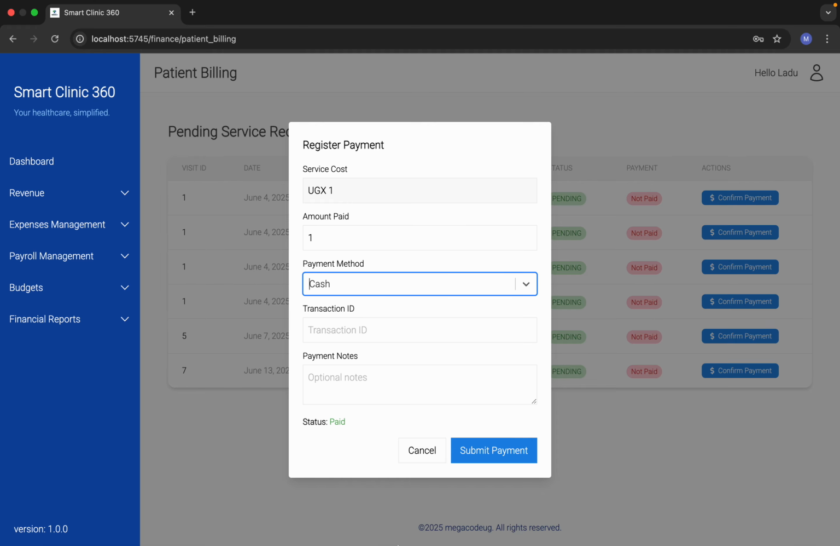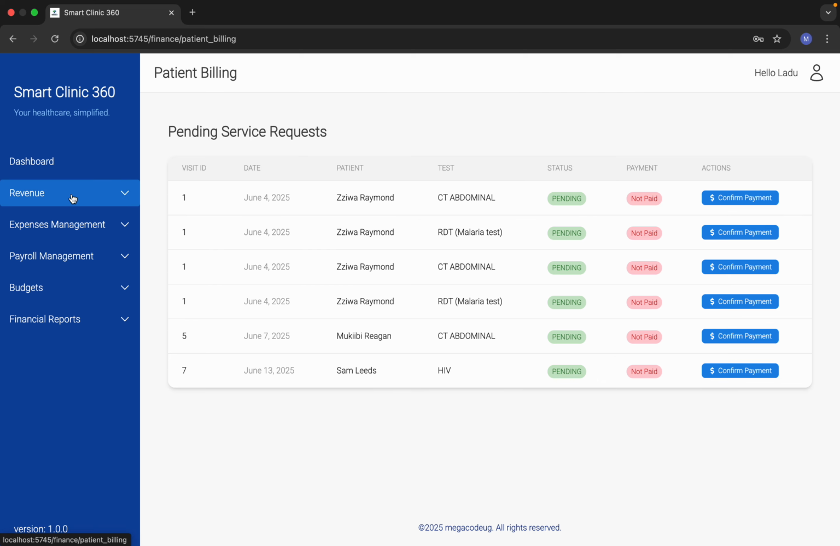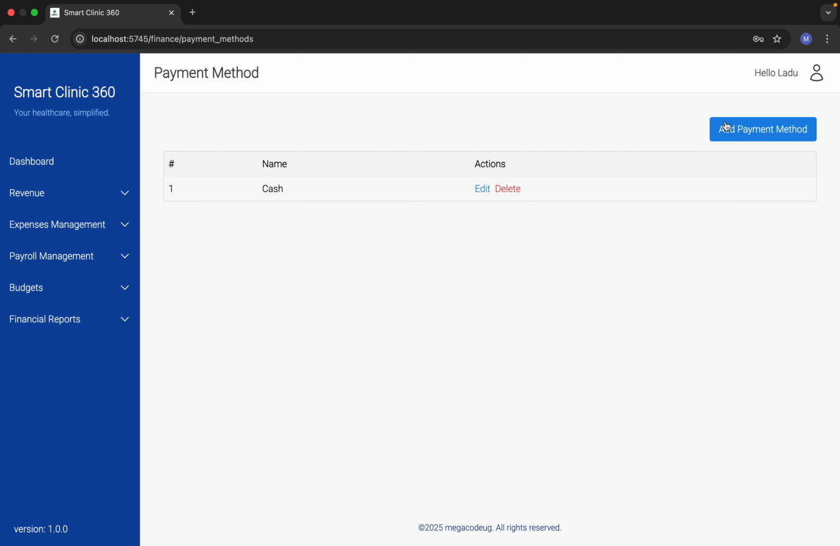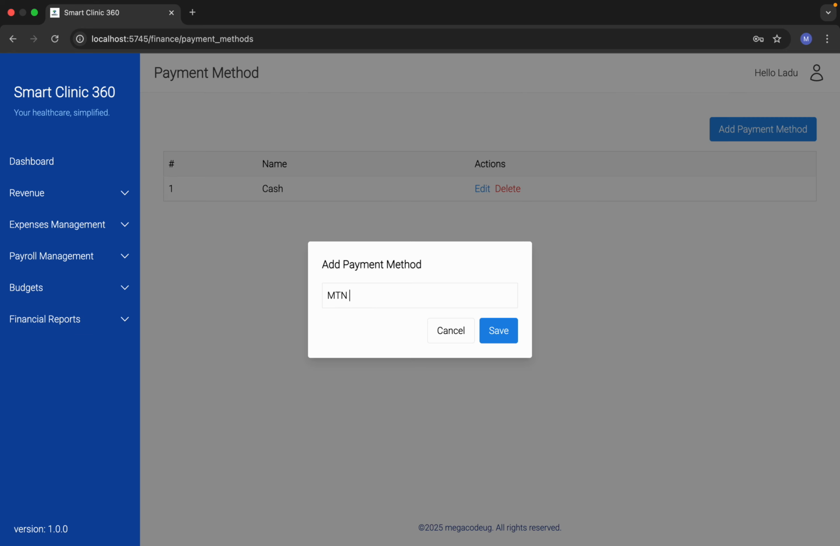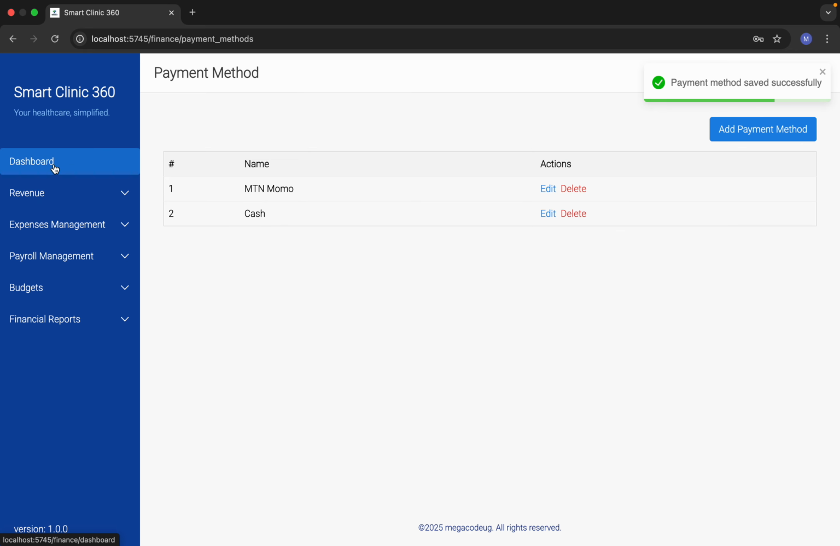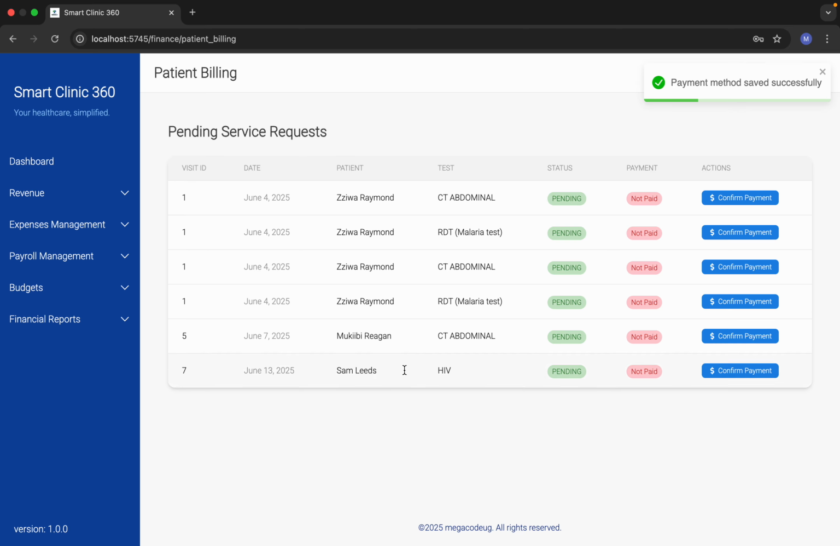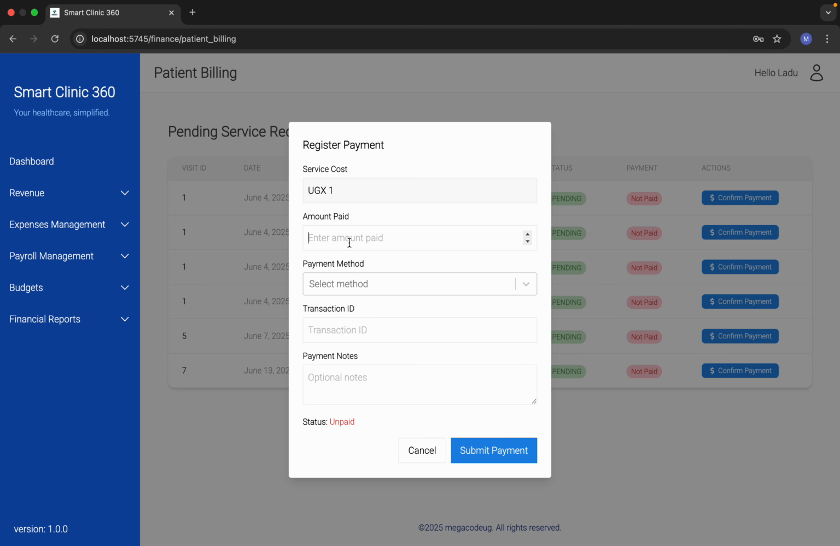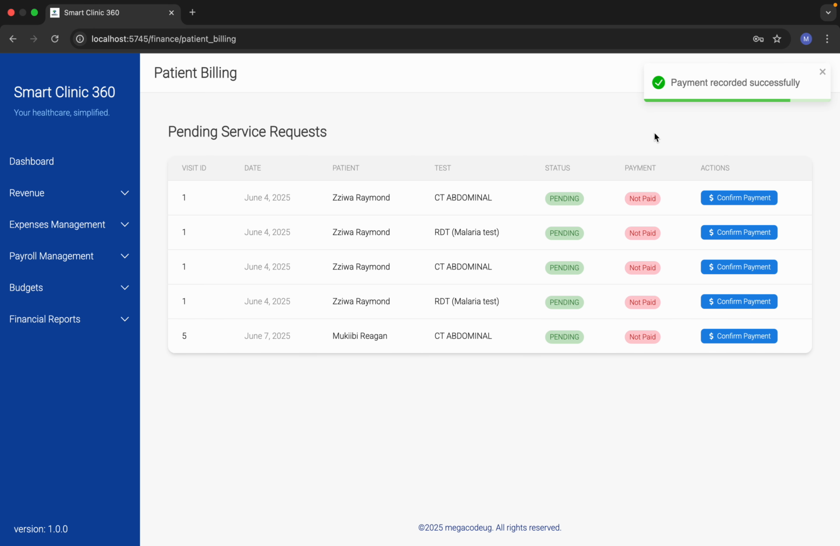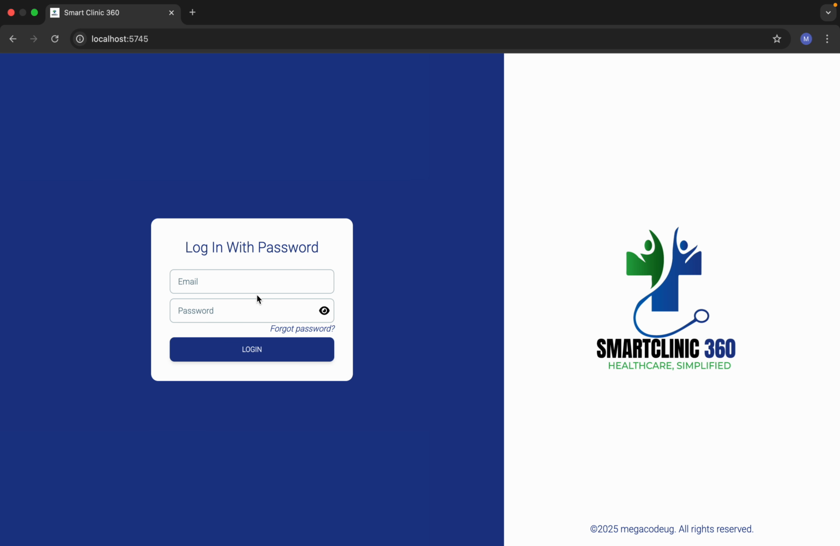However, you can add as many payment methods as you want. That is catered for here. Payment methods. You can add another payment method. However, we are going to confirm a payment, which is 1, and select cash. Status is paid, so I submit payment. Once that is marked as paid, it disappears from our list, and when we log back into our lab department,